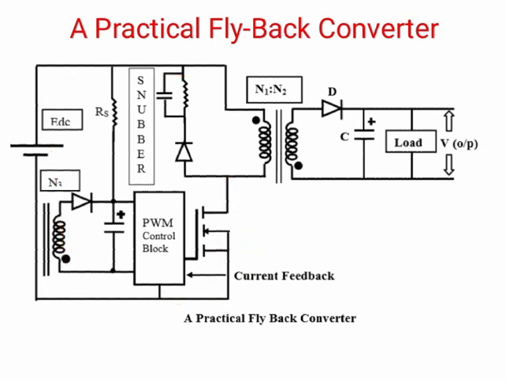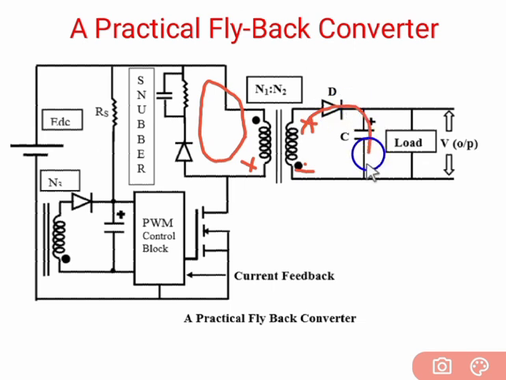Now this polarity becomes plus. So now the current flows from this polarity through the diode, and this current circulates in the primary winding. In this case this terminal becomes plus. So now current flows from the diode to the capacitor and capacitor to load, also from the diode to the load and load to the secondary winding. This is known as the freewheeling diode, which is used to discharge the primary winding.